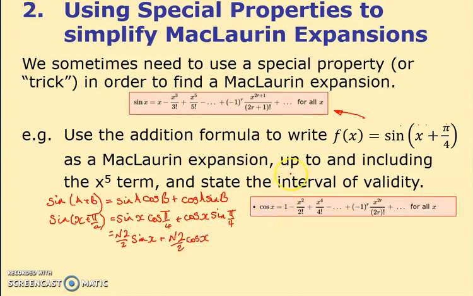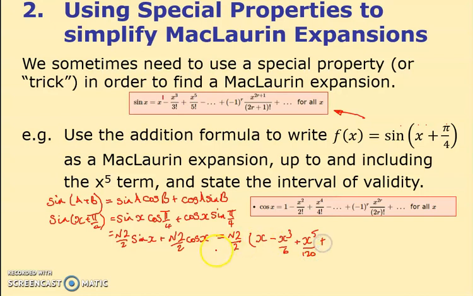So I think this formula is going to be useful now. I didn't expect it to be, but suddenly it is, because I've got both sine x and cos x in. So I can do the root 2 over 2 bit. I'll take that as a common factor. What's it say up to? It says up to the x to the 5th term. So luckily, this goes up to the power 1, to the power 3, to the power 5 for this one. So sine x is just x minus x cubed over 6 plus x to the 5, 5 factorial is 120,